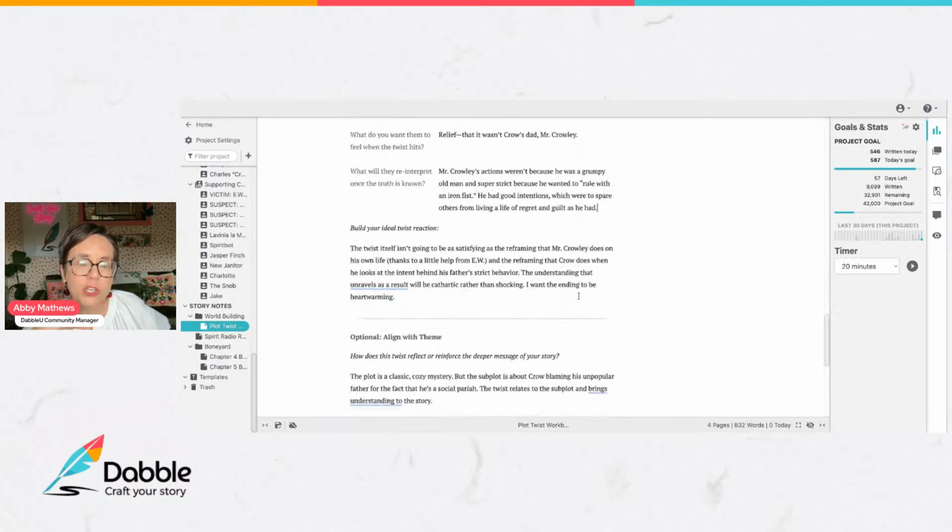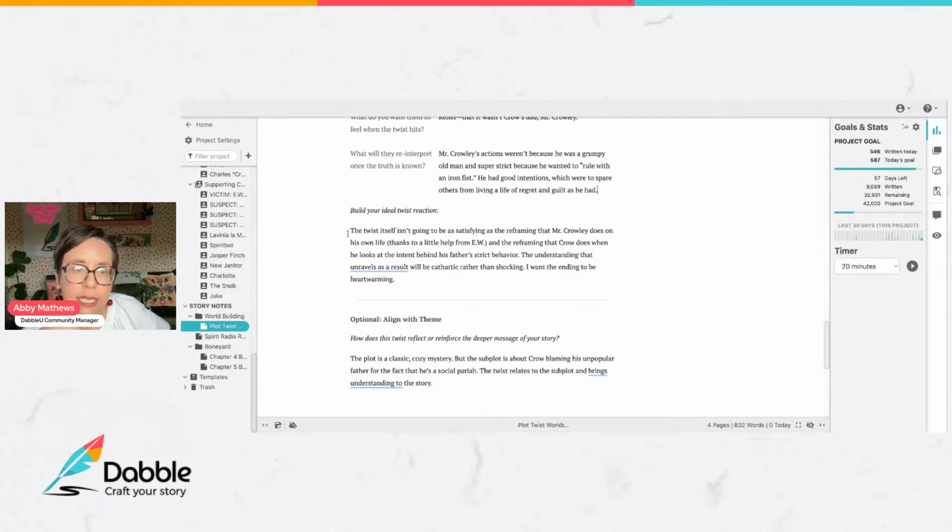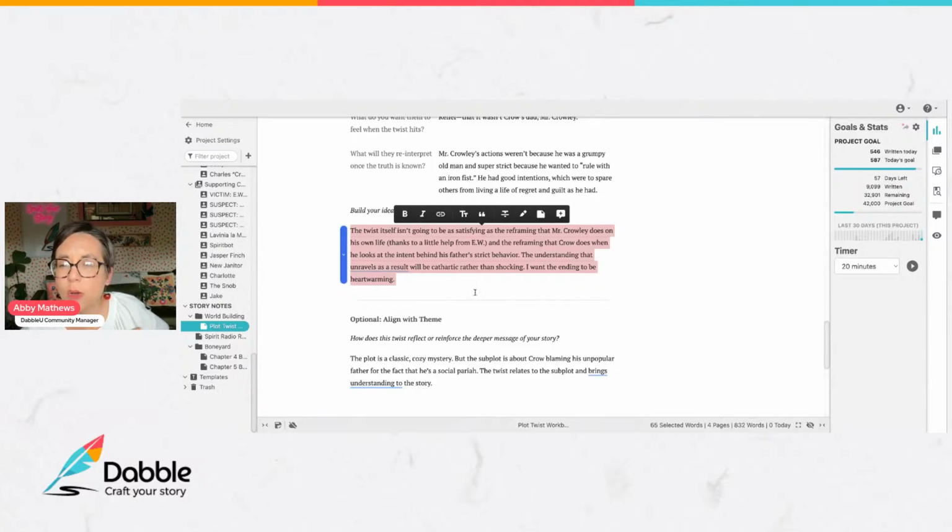So what's your ideal twist reaction? I said the twist itself isn't going to be as satisfying as the reframing that Mr. Crowley does on his own and the reframing that Crow does when he looks at the intent behind his father's strict behavior. The understanding that unravels as a result will be cathartic rather than shocking